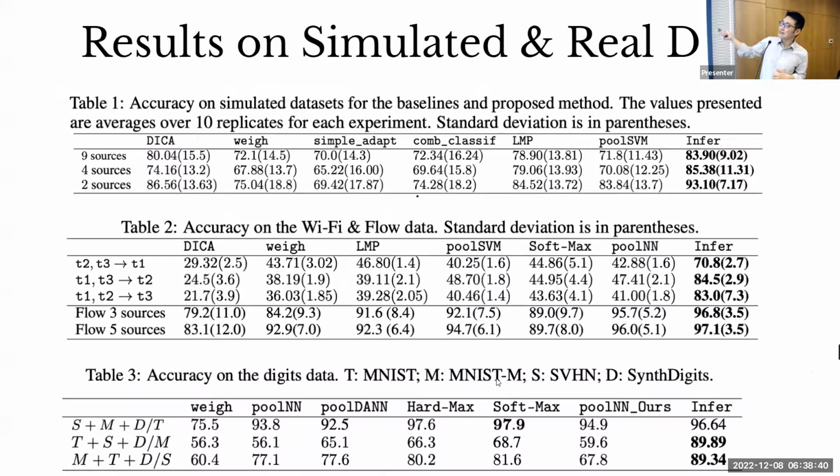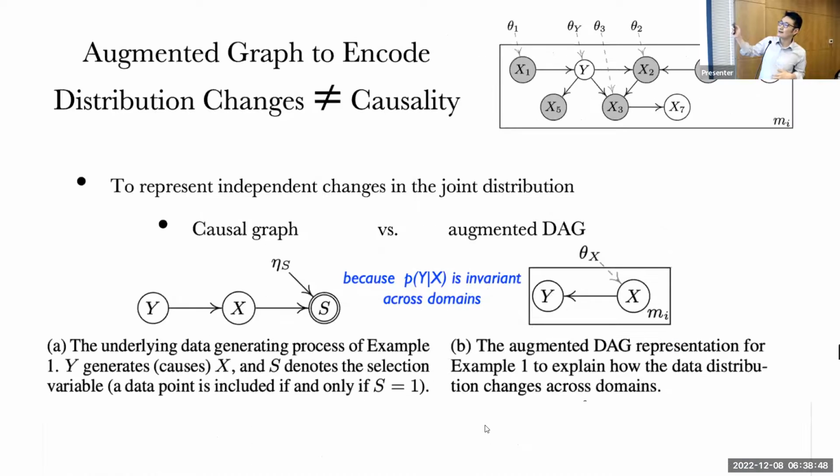Okay, here you can see some results. Clearly the performance, as in every paper that says so, basically the performance will be better. And then one thing I want to say is that causal discovery is still very difficult. In this case, you can discover a graph from the distribution, and you have to make some assumptions so that this recovered graph is causal. Without those assumptions, it could be totally different from a causal representation.